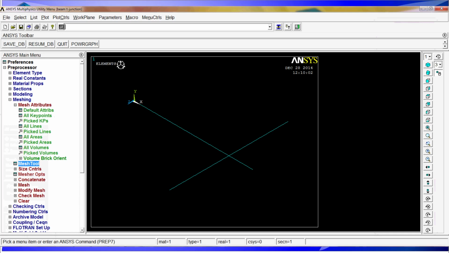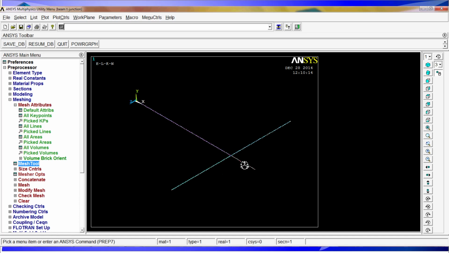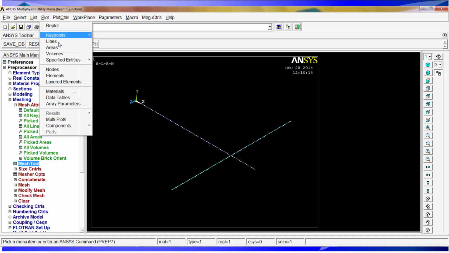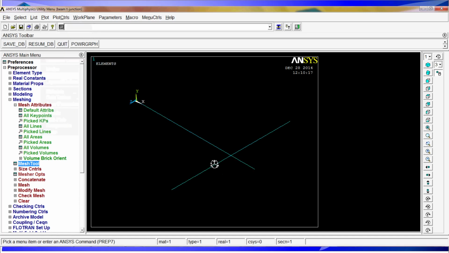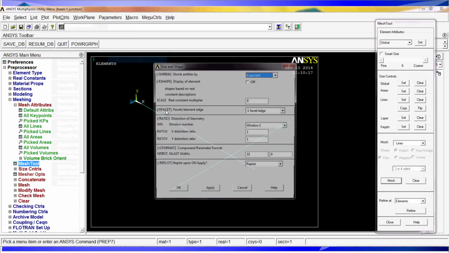If you go to G-plot, you'll see elements, lines, key points, and nodes. At this point, because we have so many nodes, the global plot is not an option, so the best thing to do is to go and plot elements. In fact, if you go to the plot controls, style, size and shape, and you activate the each shape option,